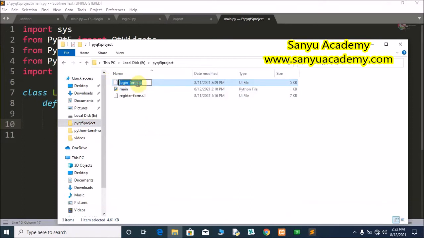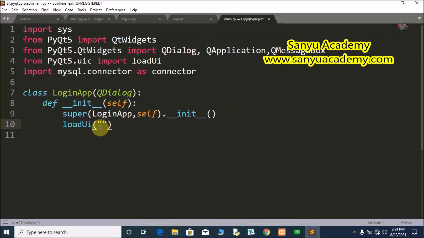Copy this name and paste in the loadUi function. loadUi, comma, we have to pass the self keyword. Now we have created the LoginApp.